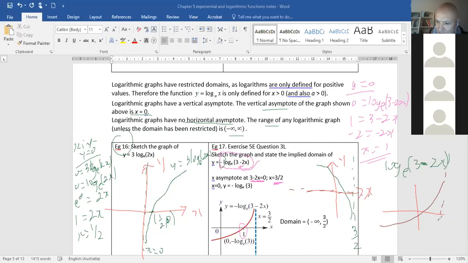So I'm still going to have the asymptote of 3 on 2. I now know that it crosses at x equals 1. So that one there is 1 and 0. And I need to find the y-intercept. So x equals 0. And I get y equals negative